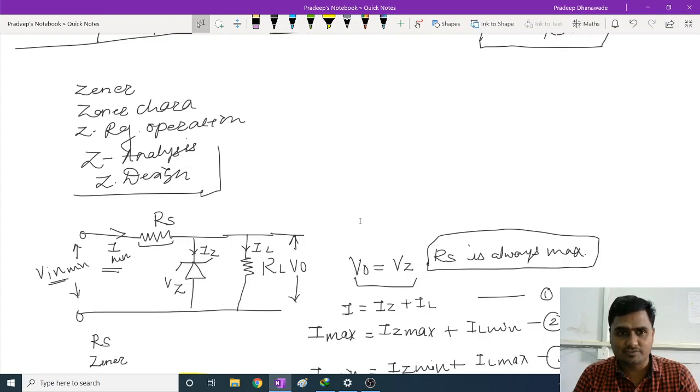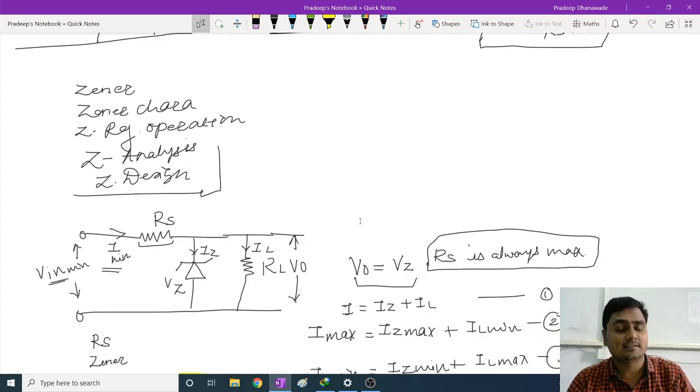So you go through this process and I will put some numerical problems on the Zener shunt regulator. It will be there for your assignment, so you will face those problems in your assignment. It is good to stop here with the Zener shunt regulator, and in the next lecture we will start with another shunt regulator. You remember Zener shunt regulator, then transistor shunt regulator, and then we are supposed to move towards the series regulators.